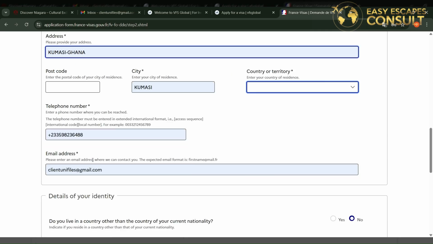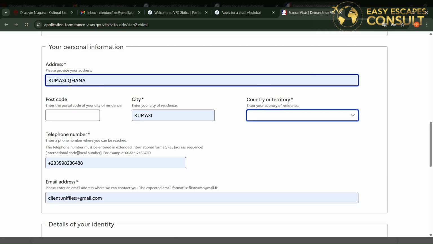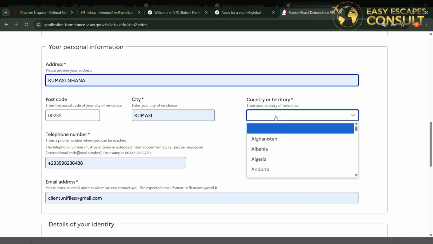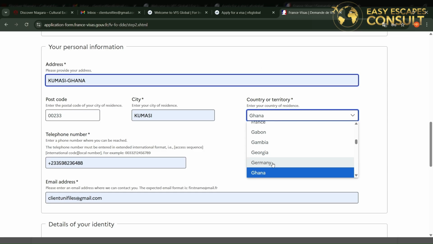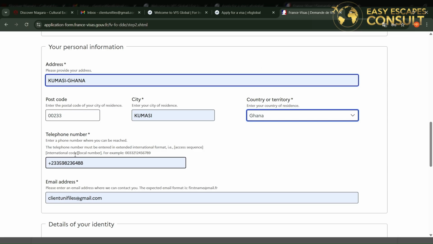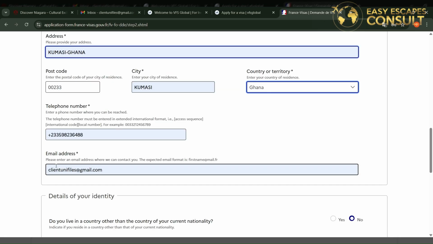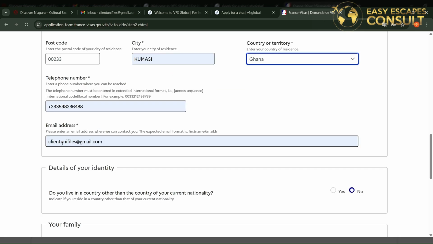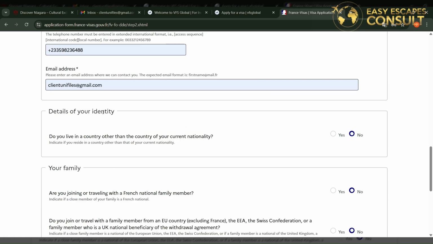Yeah, so I will just put in, let's see, Kumasi, Ghana here. That's my address, and my postal code, which is 00233 as a Ghanaian, and also my city that I'm in right now, which is Kumasi, and the country or territory which I'm in right now, which is Ghana. Then I'll choose Ghana here, and also you put in your telephone number here, and also your email address. So this is my email address. I'll just put my email address here, my telephone number here, and they are going to ask me